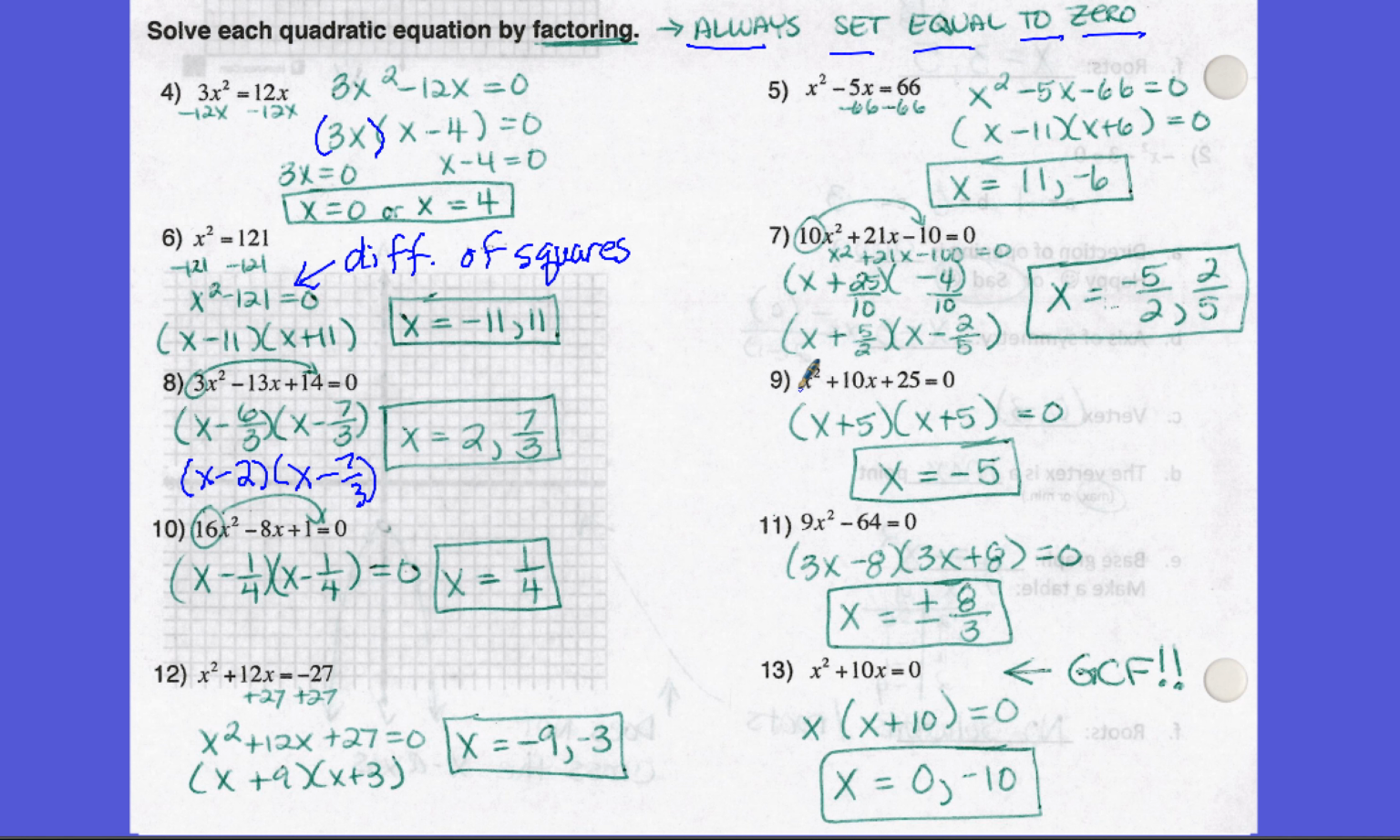Number 9, this is again a pretty simple one. Have to multiply to 25, add to 10, so that's x plus 5 and x plus 5. This is what we would consider a double root because it's -5 twice, so that means it's sitting on that